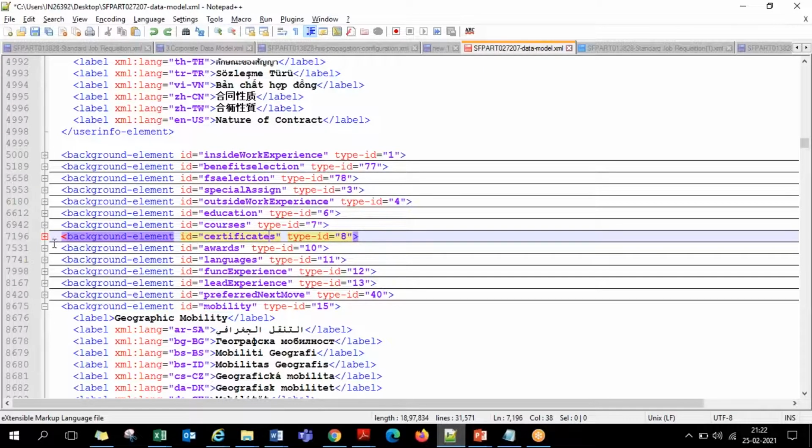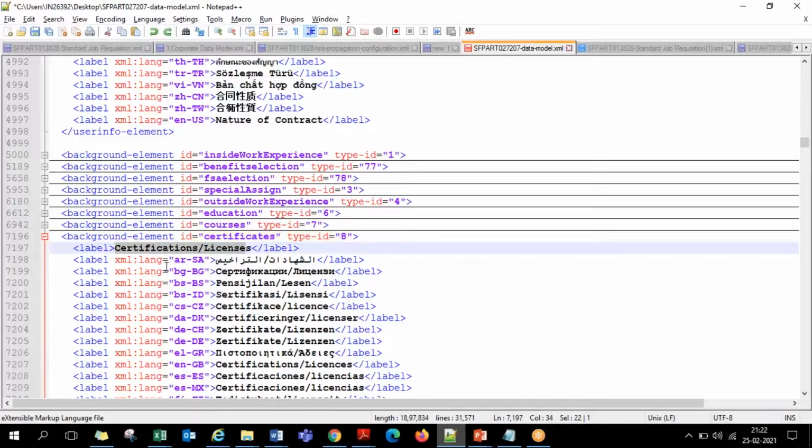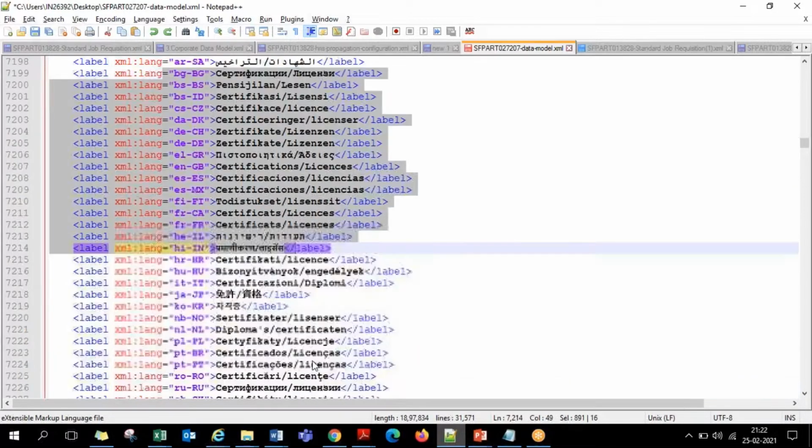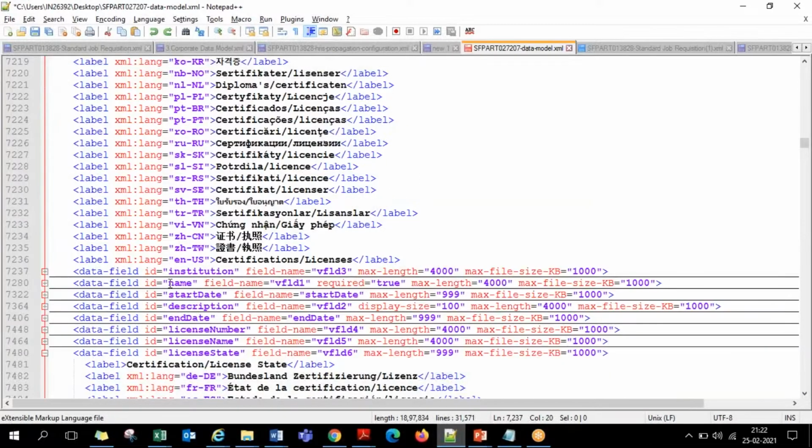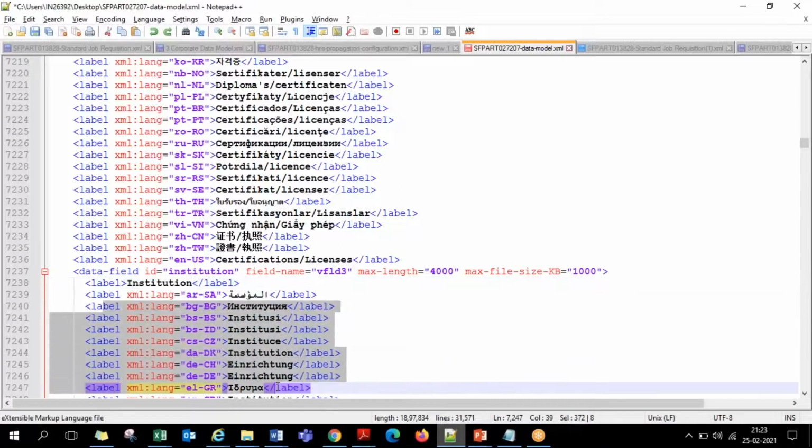For every portlet, if you expand, you see the portlet label and its translations in all the different 43 languages. Once the portlet label is done, you see the fields of that portlet, and each field also has attributes and the field label with its translations in multiple languages. It's very easy to navigate. Find the portlet first; when you expand, it shows the portlet label along with its translations, then the fields of the portlet. Every field also has the 43 translations along with the rest of the attributes like length of the field, visibility of the field, required equal to true or false, all that.